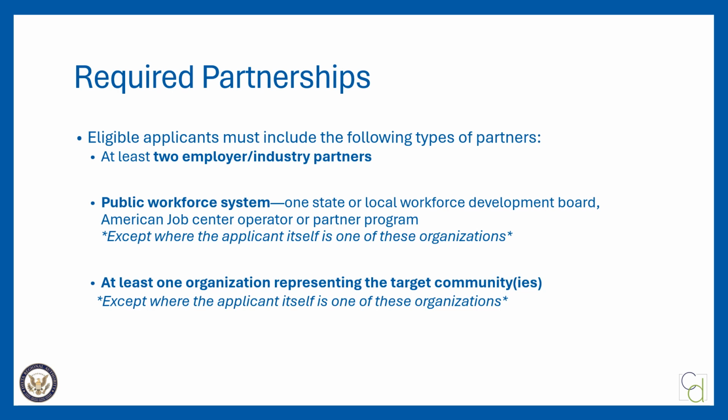For each partner entity, the applicant must provide the names of the partner entities, location or community of each partner, role of each partner in the project, explaining planned activities and how those activities address the specific workforce needs identified by the employer industry partners, and services and/or resources that each partner will contribute to the project in the short term and for long-term sustainability.